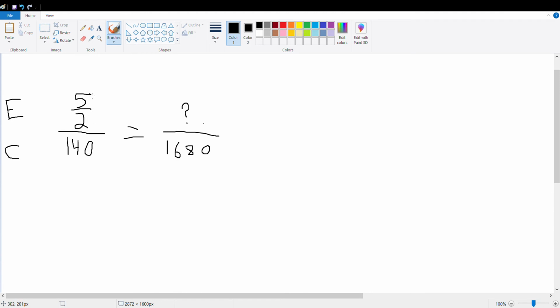So once we have 5/2 here, now we would run our problem just as we typically do. We're going to go 5/2 times 1,680 equals 140